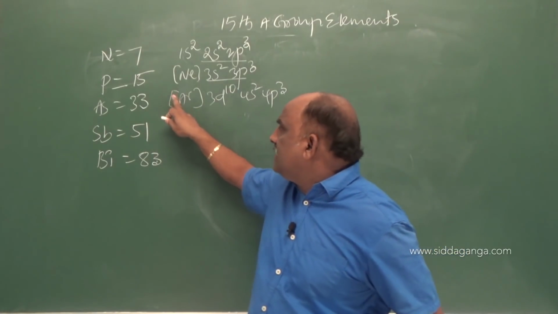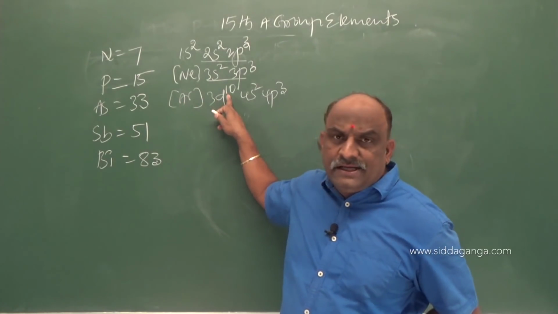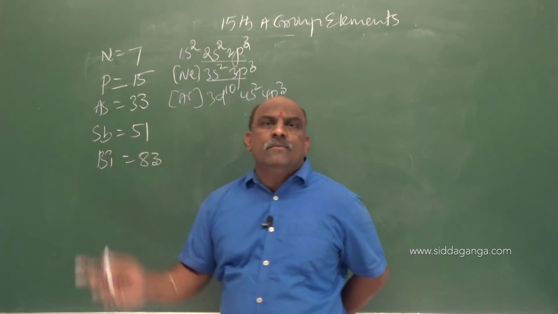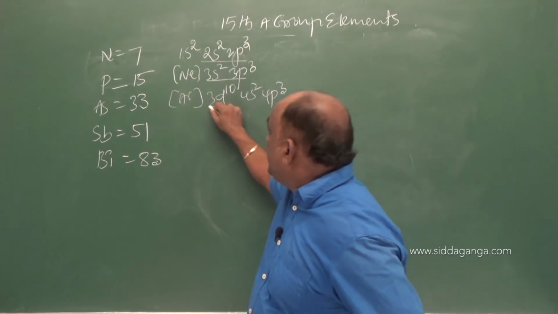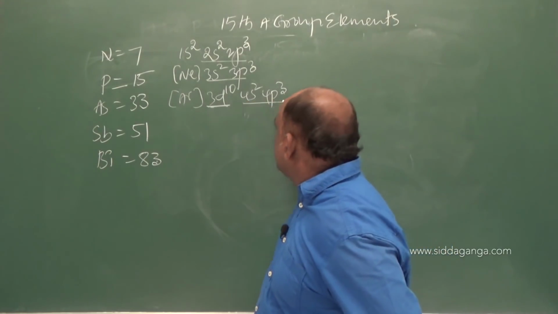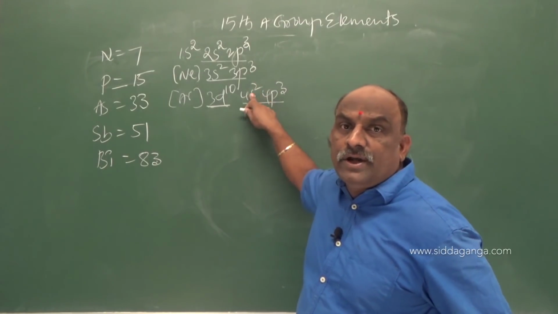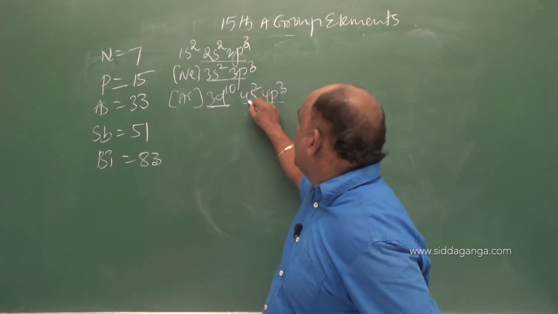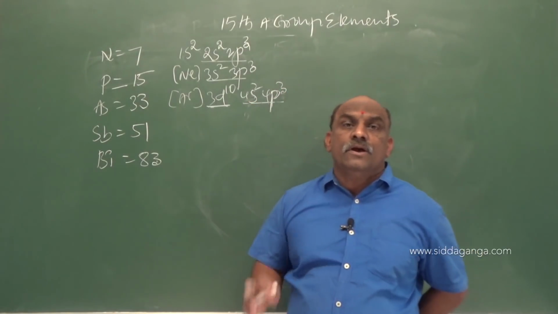We know the atomic number of argon is 18. 18 plus 10 is 28, 28 plus 2 is 30, 30 plus 3 is 33. The atomic number of arsenic is 33. So here, argon 3d10, 3d10 means penultimate shell. So it is the valency shell, also called the outermost shell. How many electrons does the outermost shell contain here? 5 electrons: 2 in the s orbital, the remaining 3 in the p orbital.